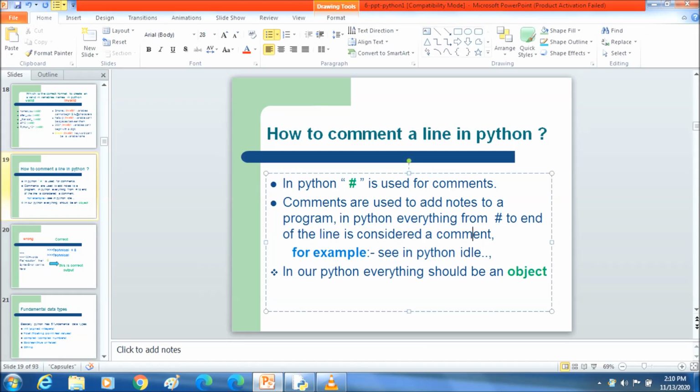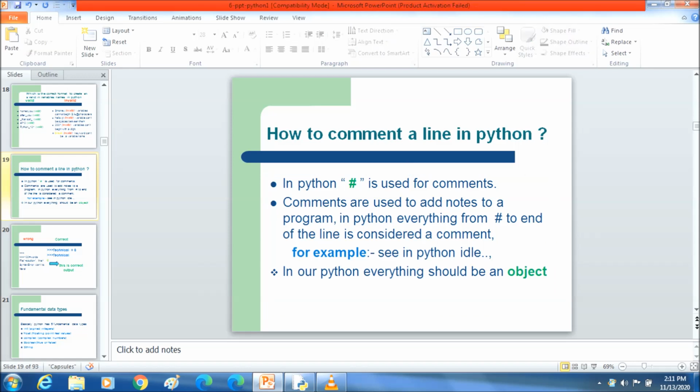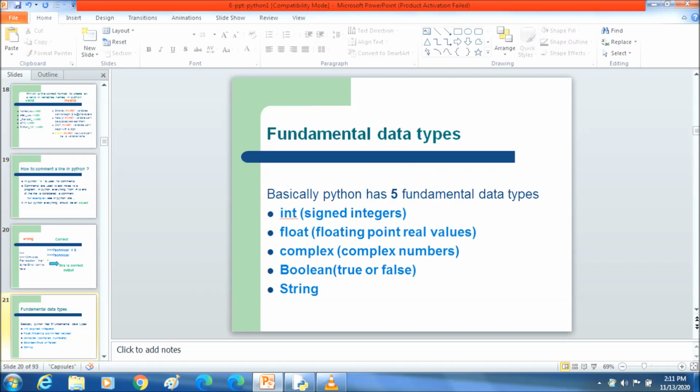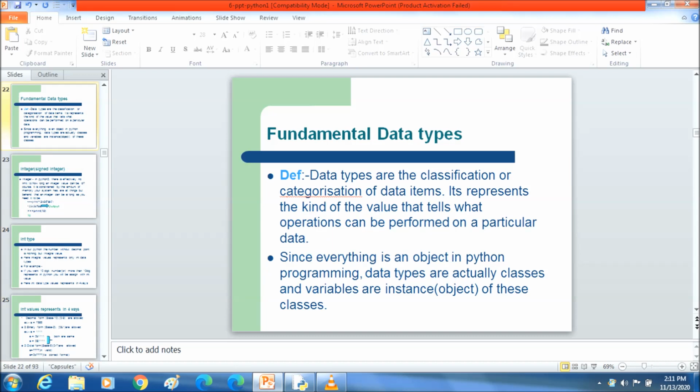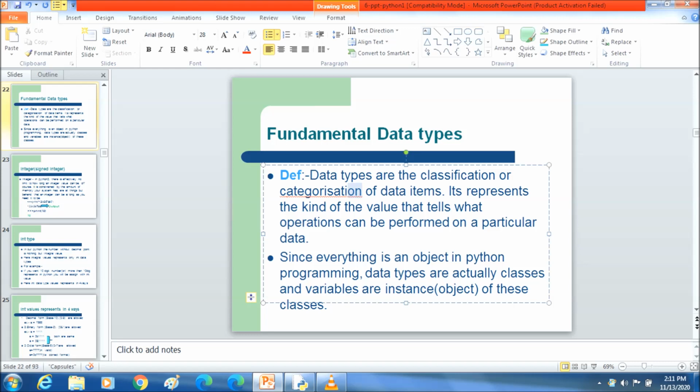In Python, everything is an object. Next topic, we will discuss fundamental data types in Python. Basically, we have five fundamental data types: int, float, complex, boolean, string. Data types are classification or categorization of data items.